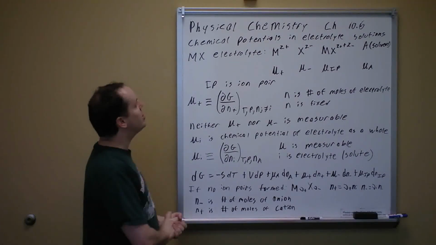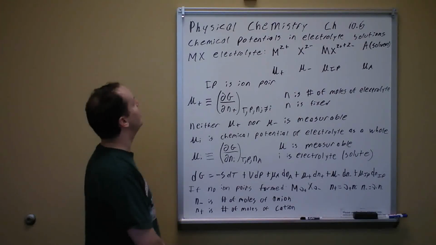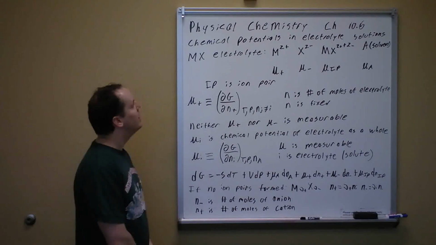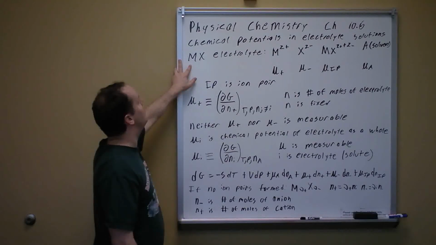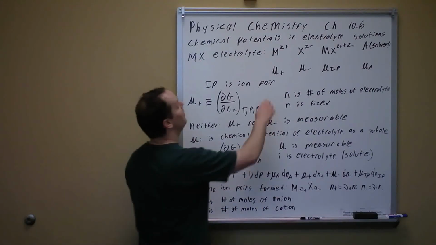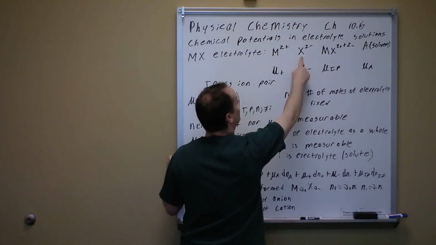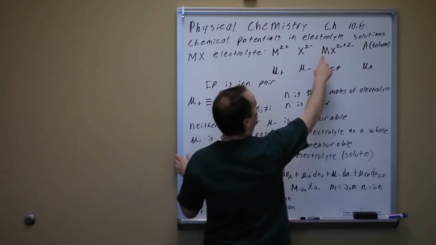This is Physical Chemistry, Chapter 10. We're continuing Section 6. We're talking about solutions of electrolytes. Now we're going to talk about chemical potentials in electrolyte solutions. Now let's say we have an electrolyte in the form we had before, MX, where M is the metal, X is the non-metal. So it dissociates. We're going to get M cations with a Z plus charge and the non-metal anions with a Z minus charge. So that's going to give us